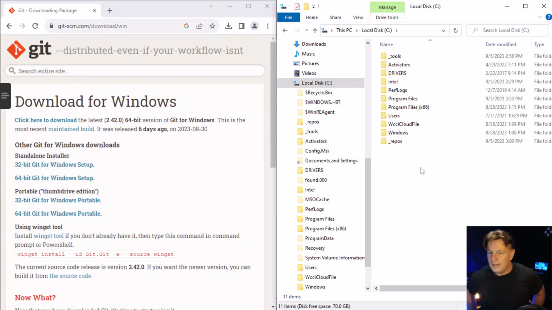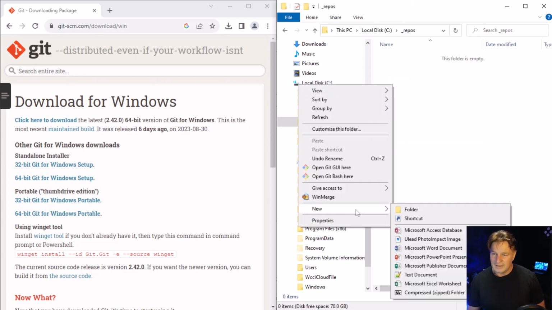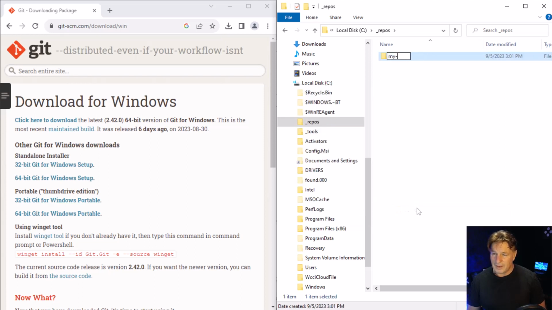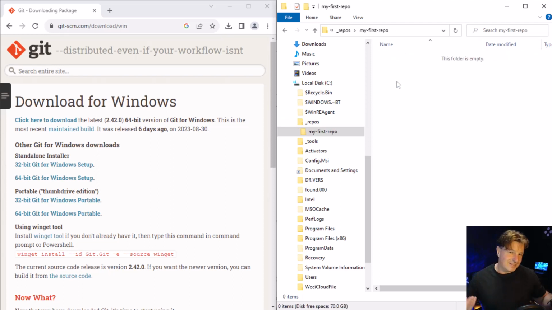That's it. So I created a folder, called it _repos. Life is good. I'm going to go into that folder and I'll create another folder. I'll call it my first repo. I guess I probably could have just created a folder called my first repo, but I always create a folder called repos on every computer I have, and then I always git clone into that folder. So I create a folder called repos, create another folder called my first repo, and if you didn't guess it already,